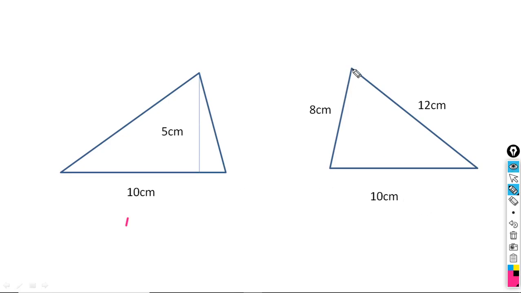If you want to draw a perpendicular from this vertex to the base, and when you draw the perpendicular, this perpendicular will not bisect the base. This altitude will bisect the base only in case of an equilateral triangle. So it means there is an uncertainty in finding out the area of a triangle if sides are given to you. For this type of problem, Heron was a mathematician who has given an idea how to find the area of a triangle when sides are given. So let us discuss Heron's formula for this type of problem.